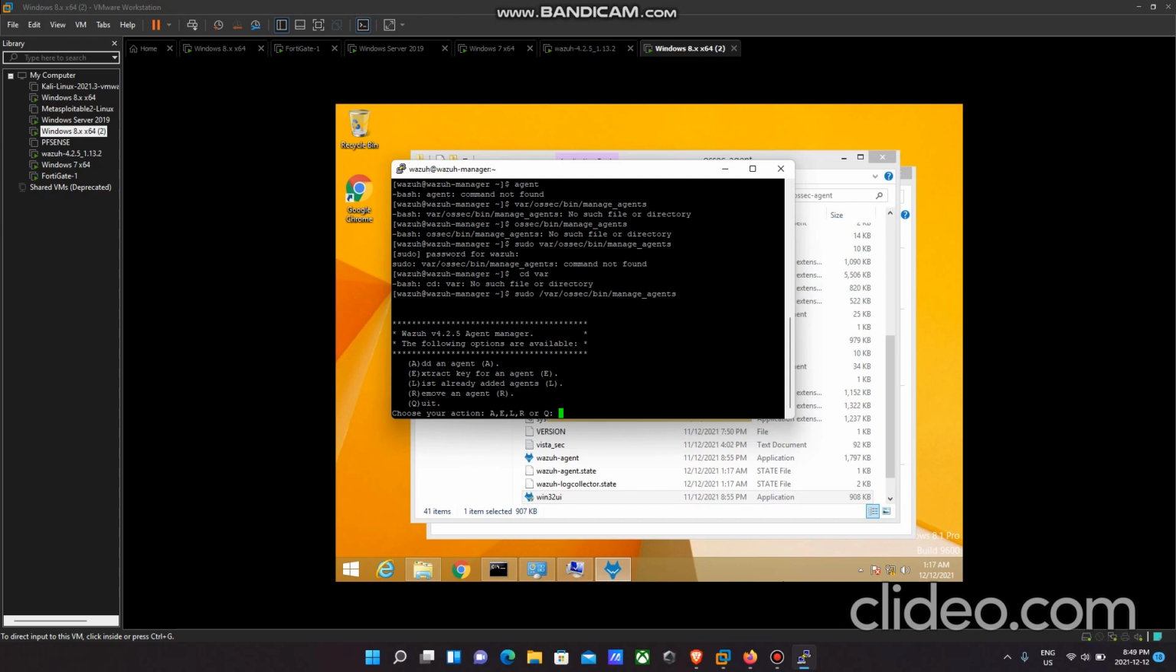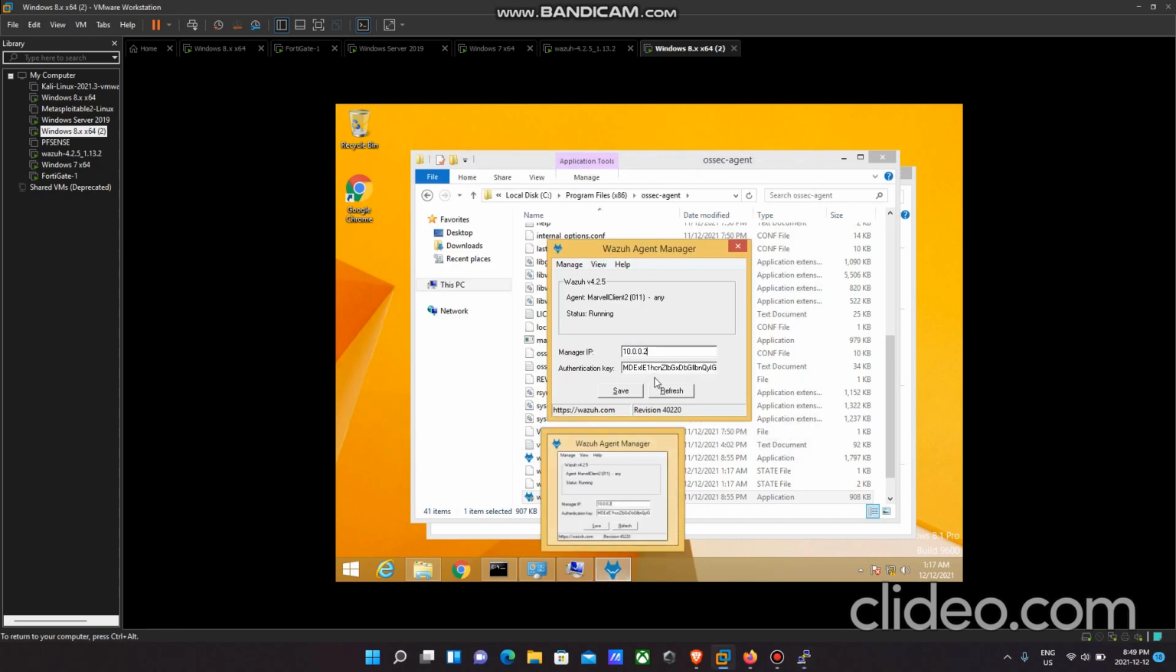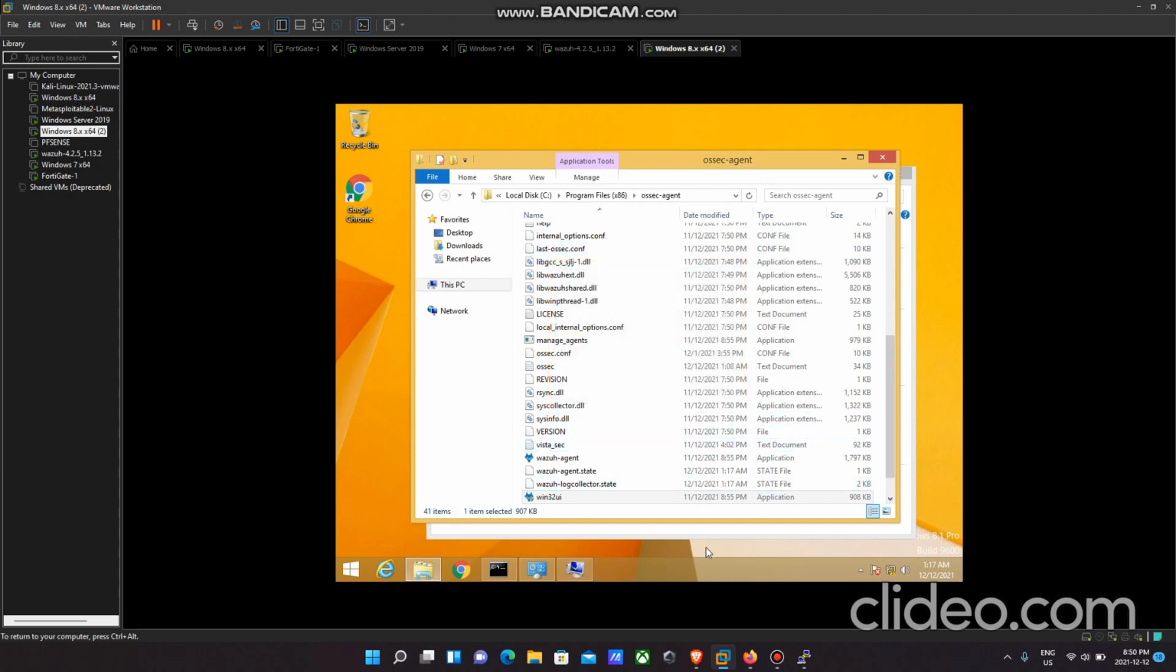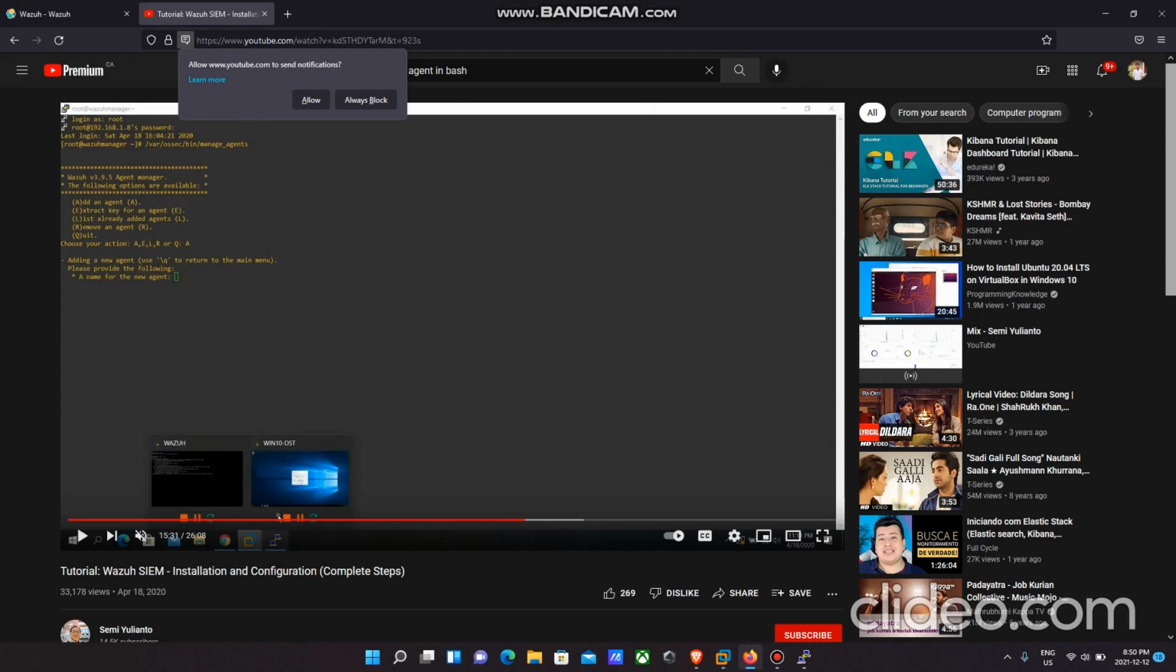So after extracting those, we'll be getting something like this, and we'll get to see the agent name to which it is registered, and the status of it. So after doing that, what we can do is we need to log into Buzzer